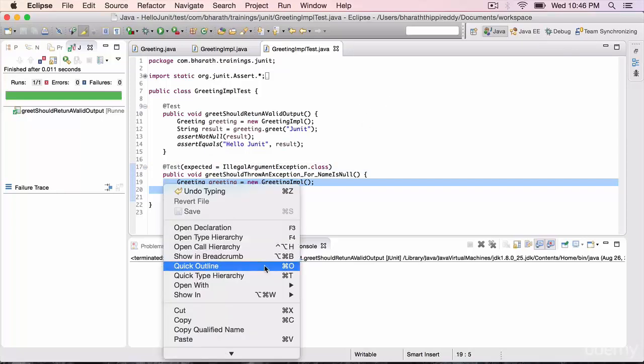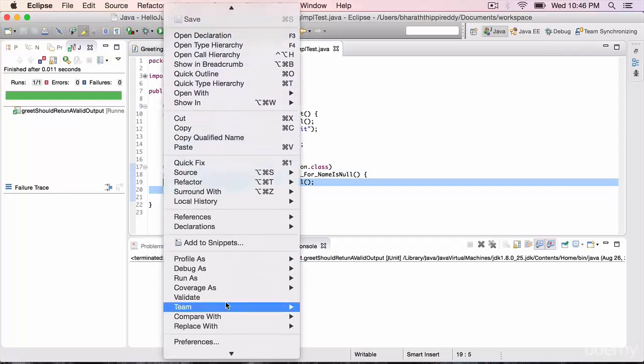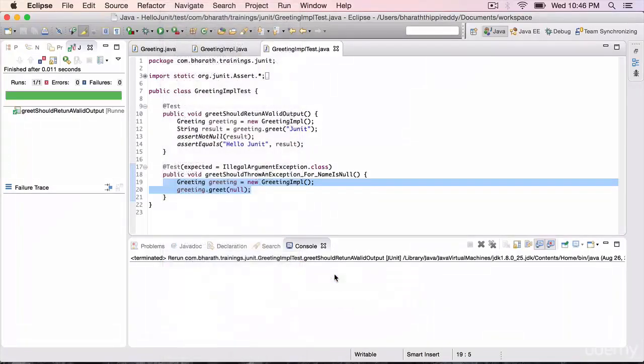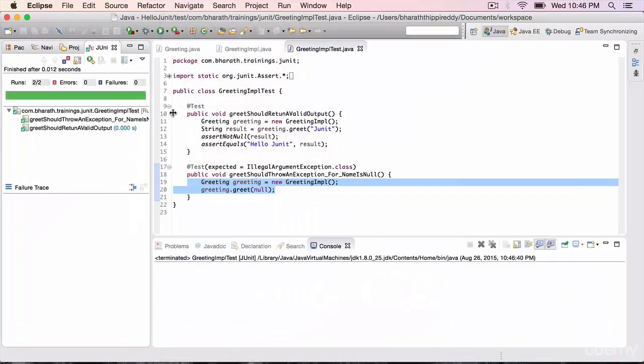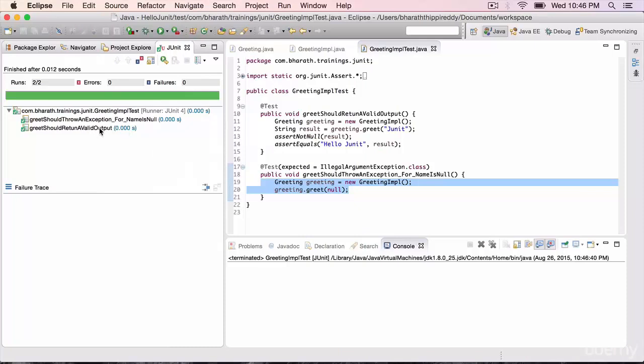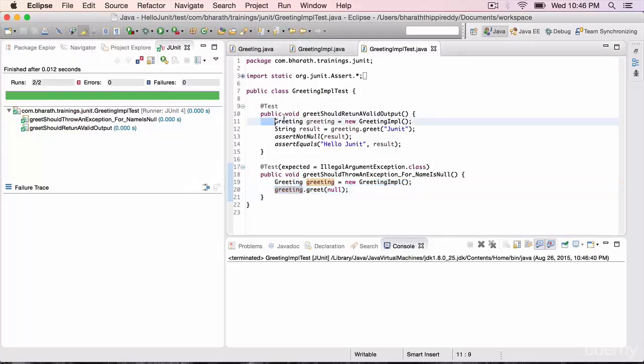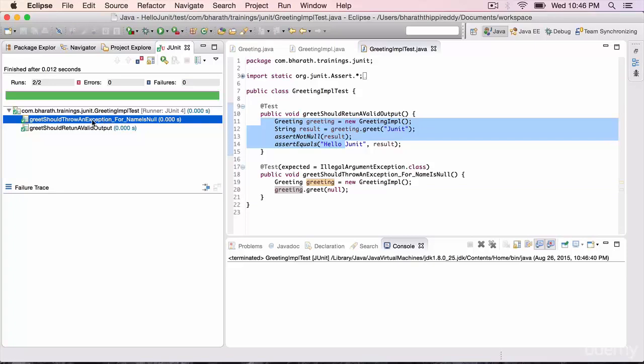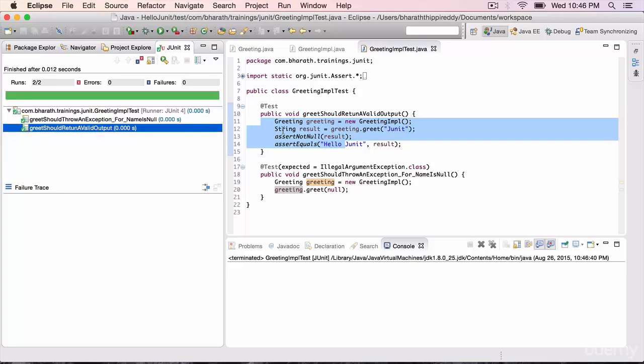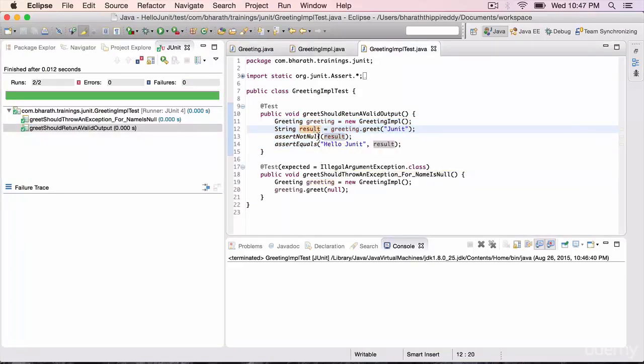Simply right click, go to run as JUnit test, and both our tests have passed here. If you see now, there are two tests that ran. There is no guarantee for the order in which these tests are run, so never make any assumptions while you create your data or objects. As you can see here, our exceptional scenario test ran first, and then the first valid scenario test ran.